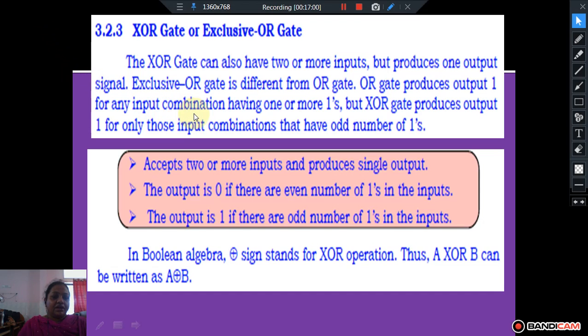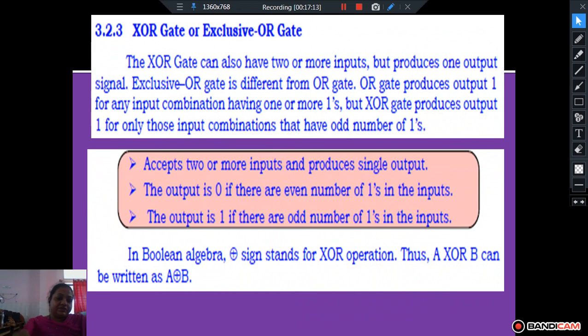So the XOR gate has two or more inputs and produces one output. If there is an odd number of ones in the input, the output is 1. The output of the XOR gate is 1 when there is an odd number of ones in the input. Otherwise the output is 0.